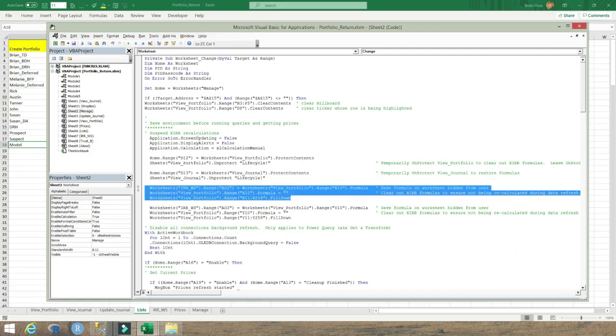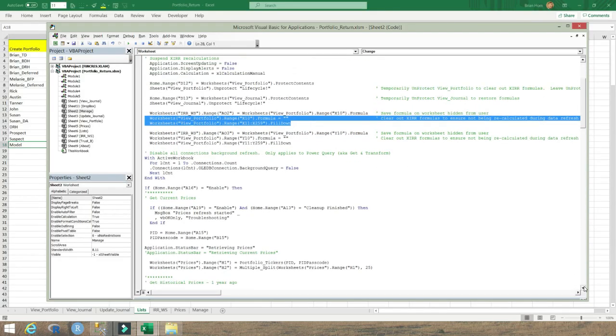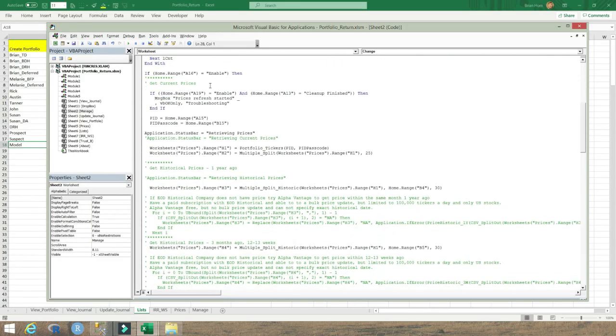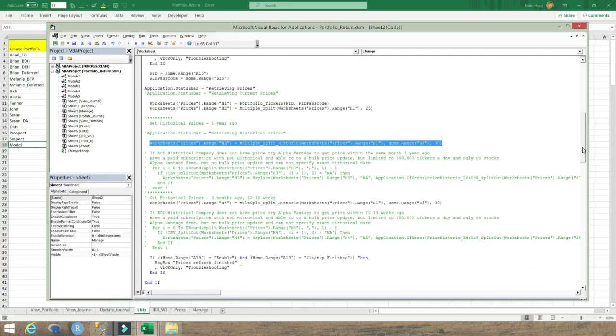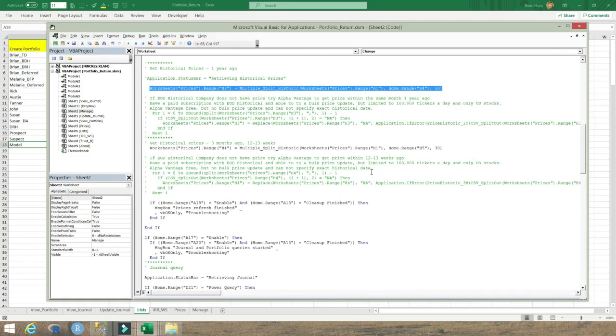Make sure that values on the view portfolio worksheet are set to what we expect, and then eventually we're going to come down here and proceed to get price information, and then we're going to get historical price information from 1 year ago, this statement here, and then going to get historical price information from 3 months ago,